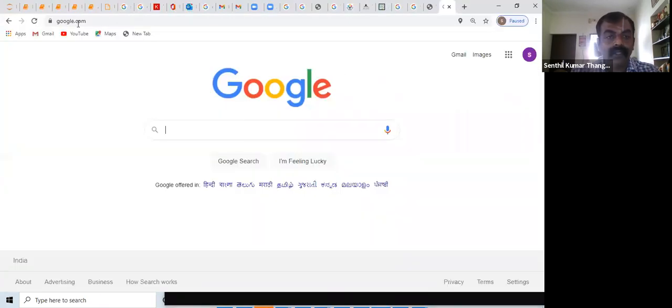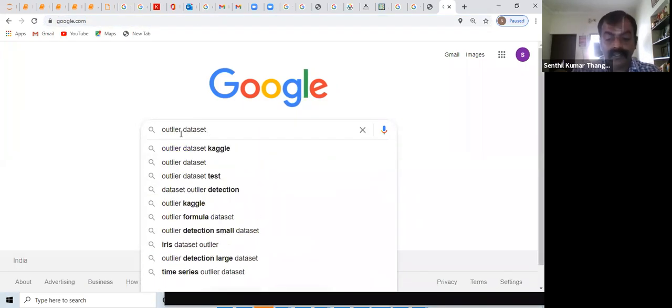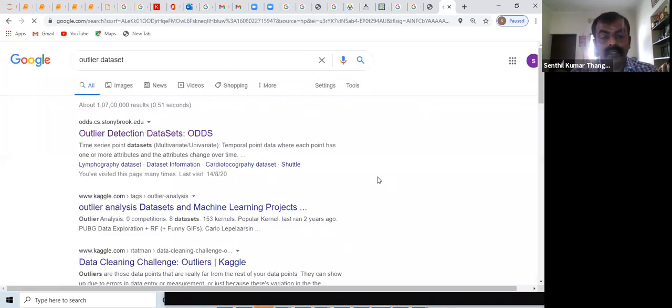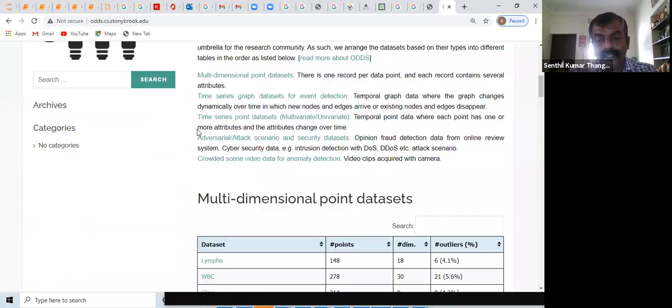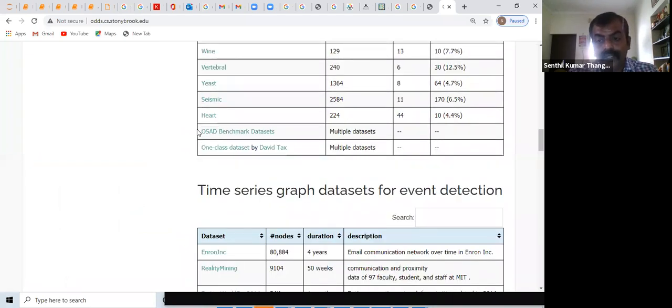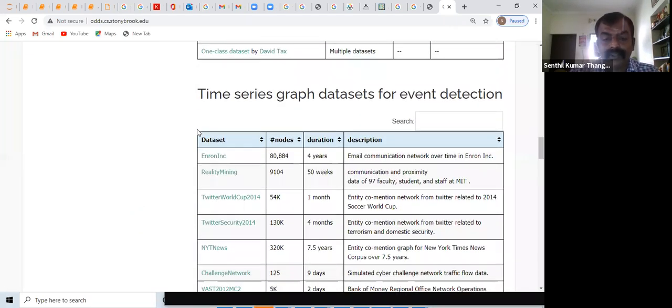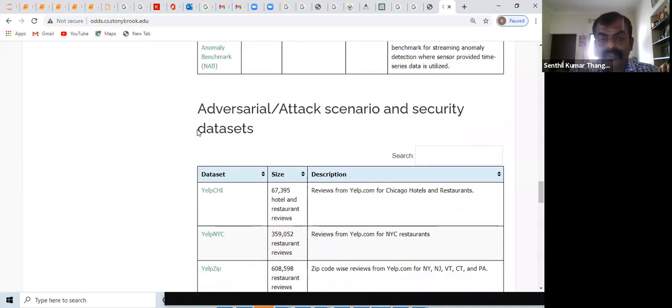If you go to the browser, you can check this data set on the internet. If you type outlier data set, you will get a data set from Stony Brook here. This data set will have different categories of problems which you can address, right? As I told you, starting with the smallest data set of understanding attacks, to many other similar data sets, you can find it on this website here. Please make a note of this. If you want to try something on deep learning with live data, you can take it from here.